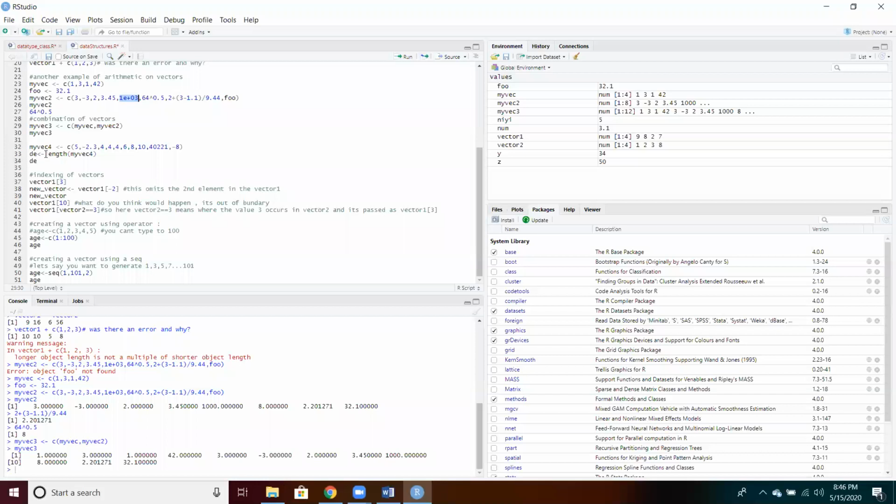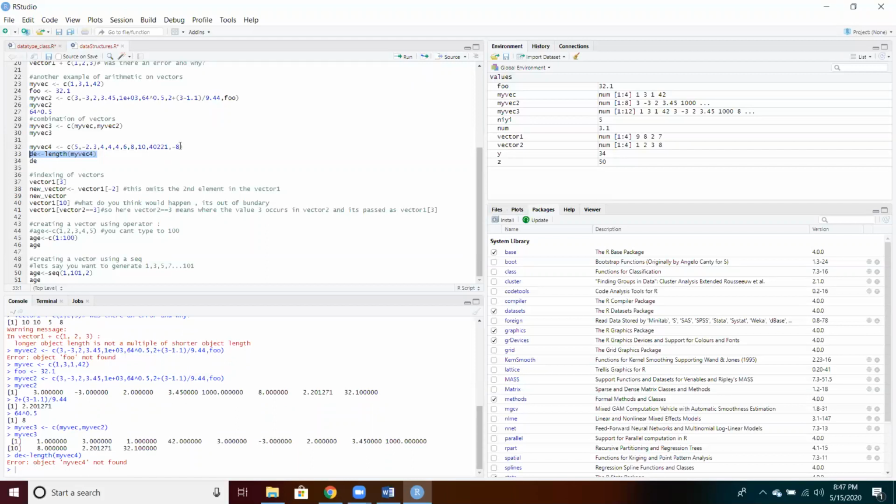All right. Then how do you know the length of your vector? There's a function called length. It will just tell you the length of the vector. If you count the elements, it won't tell you the elements, but it will tell you the length. Like if I declare DE to be length, that's the thing, then you put the vector name inside. So if I run this now,